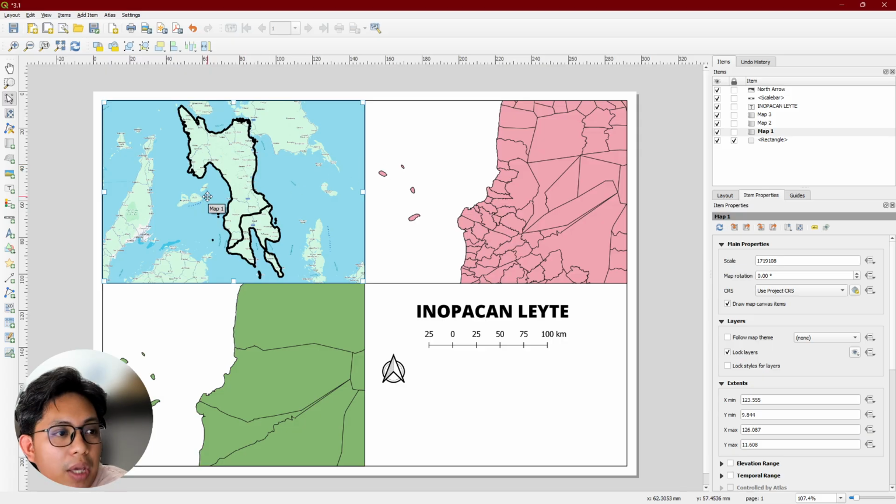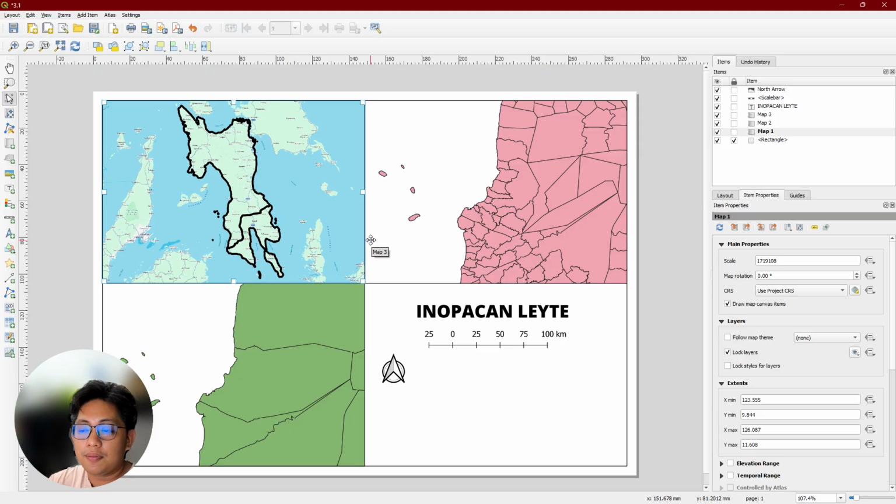For me, I'm okay with this. For you guys, I leave it up to you to do the mapping for level 1. So for now, I'll try to do the same thing for Inupakan specifically. So since I want to isolate Inupakan only,